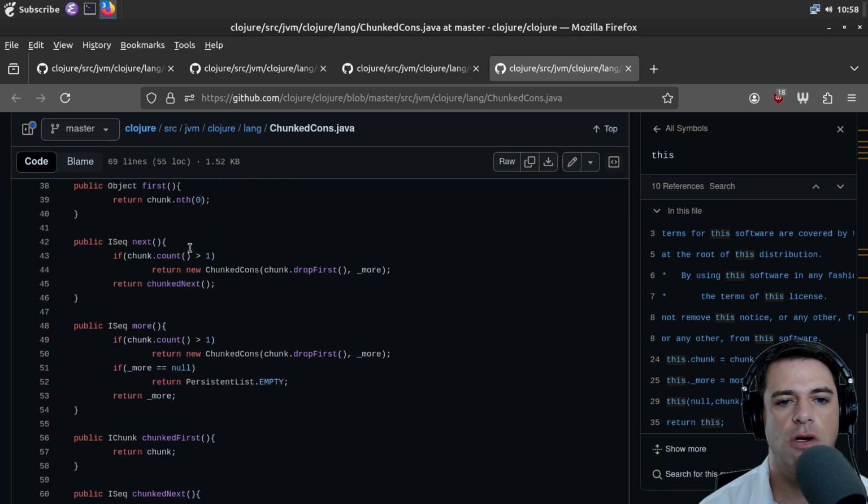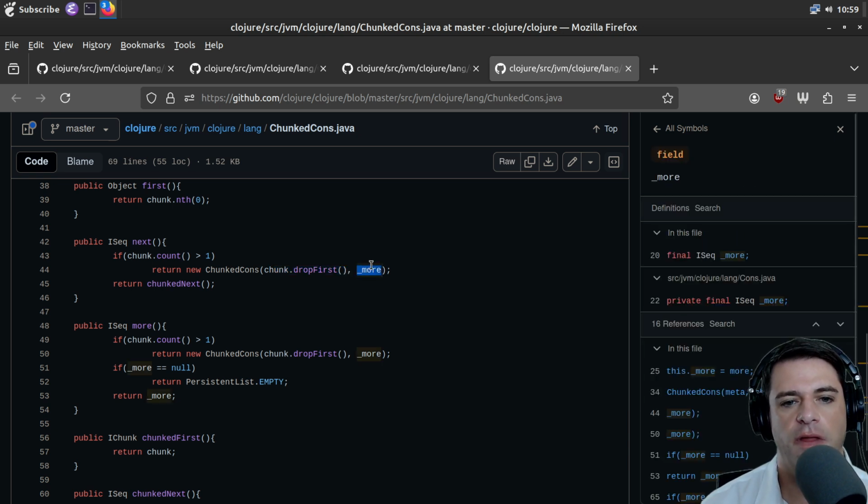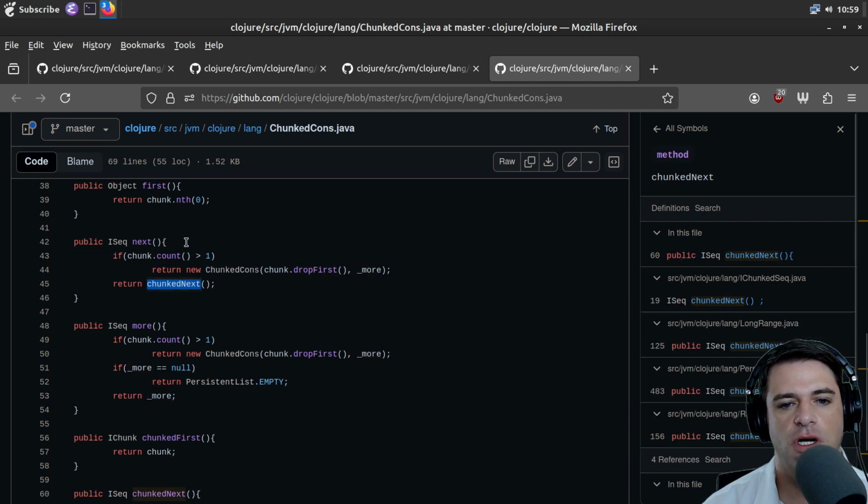Next is going to call, if we have more than one chunk, then we're going to return a new chunked cons, dropping the first. So essentially that's like tail, and we're going to call more on that. That's just consuming the first element and getting what's left, and we're going to return chunked next.